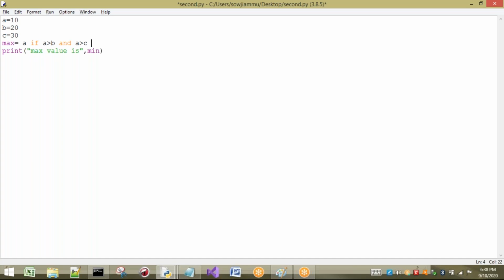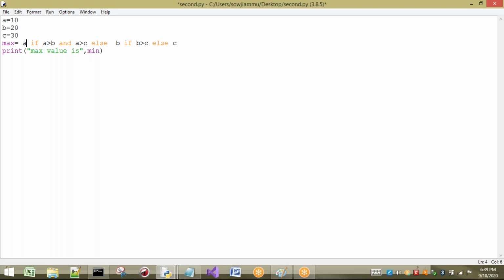Next, if it is not the case, then I have to go to some other condition. So I will write else here, and check one more condition: if B greater than C. If A greater than B fails, then compulsorily I have to check only whether B is greater than C or not. Then the answer will be B. Else, C. Don't worry, I will explain this condition once again. So listen carefully.